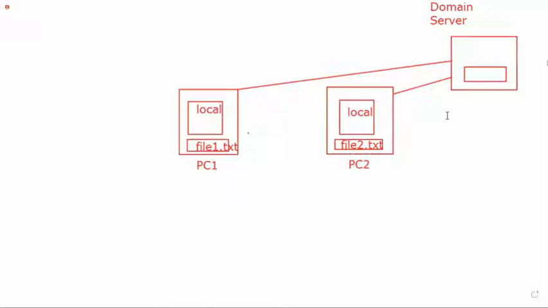Anything that you save on your server or network drive can be accessed from any computer which is in the domain, right? You log in with your username and password in the domain, then you will have your network drive with whatever files you saved. So if you log in locally, you can only access local resources. You cannot access any network shares or domain files.